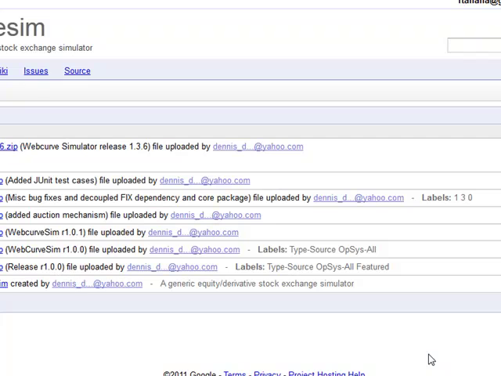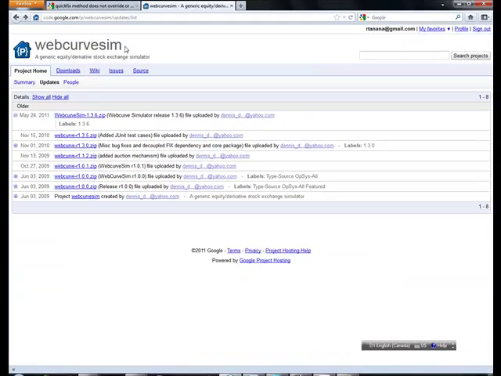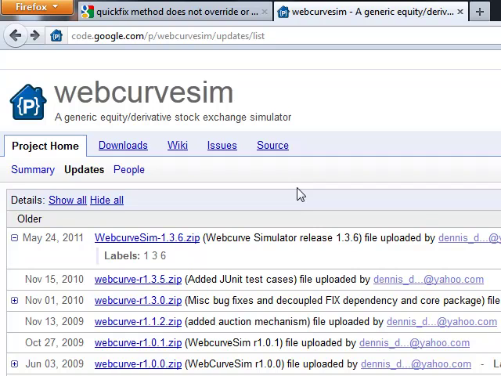As I promised, I was going to look into and provide an updated video of one of the stock exchange simulators. I played a little bit further with one of the two simulators I showed you a couple of weeks ago, WebCurve Sim, which is a Google project. Here's the URL. What I'm finding is this looks like an abandoned project. Last update was May 24,